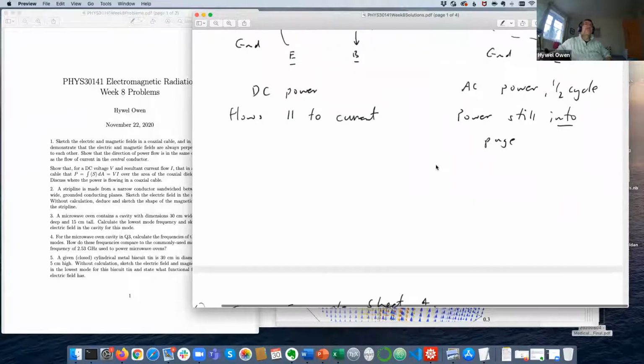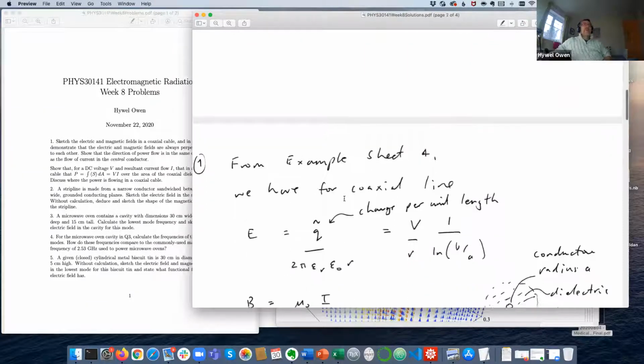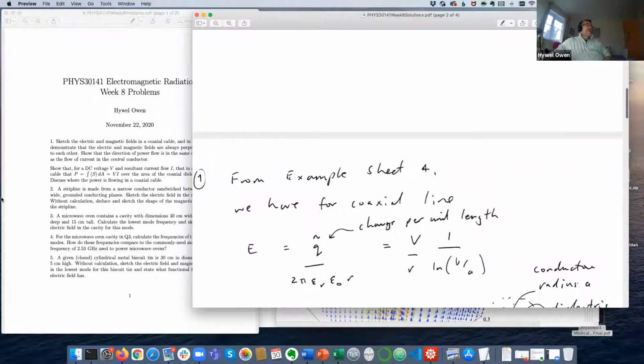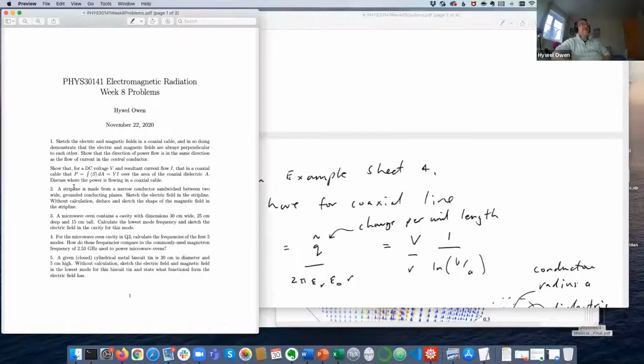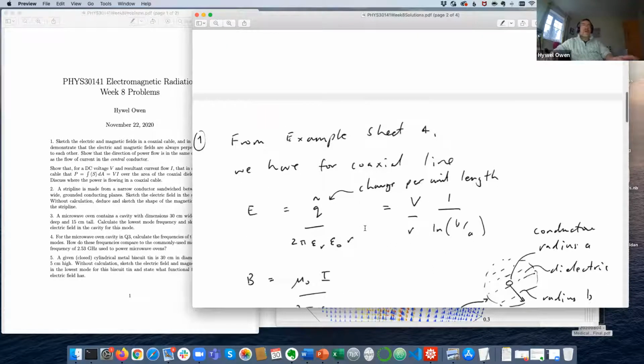All right. Now, the next part of question 1 was the following. It says, show that for a DC voltage V, so we're thinking of the DC situation again, and a resultant current flow I, that in a coaxial cable, if I integrate the Poynting vector over the dielectric area, I obtain V times I. So part of this was covered in example sheet 4 that I've already posted the answers